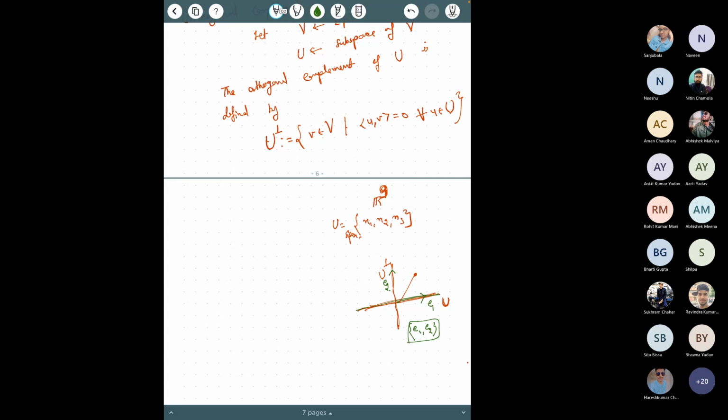Right, exactly. That is the idea. What he's saying is that since we know a basis for U, x1, x2, x3, you extend this basis, x4 to x9, to a basis of R9, and then you apply Gram-Schmidt on this. Then you will get Q1 to Q9, with Q1 to Q3 spanning U. The vectors Q4 to Q9 form a basis that spans the orthogonal complement of U. That is the idea. But basically, you can generalize this idea for any inner product space, which I'll give in the next result.